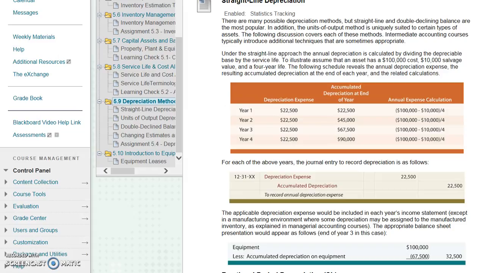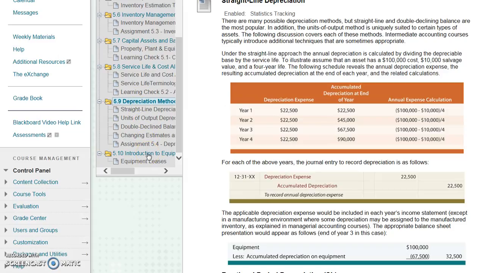Of course, we don't know specifically how much of your asset you're using, so the depreciation methods, the way we calculate depreciation, is just an estimate. For one thing, you're estimating the life of the asset, and you're also estimating the salvage value. But the depreciation methods are fairly straightforward.